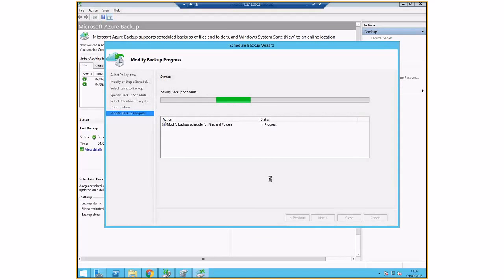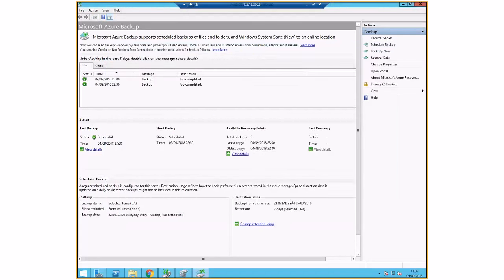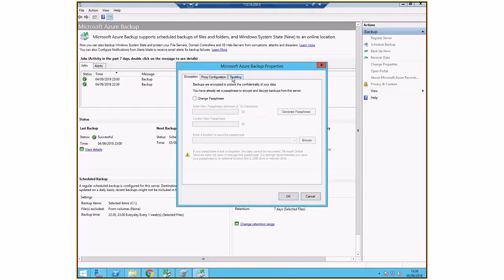I think I didn't tell you before, but the way this agent works is it does a local backup first. Then, when the local backup is done, it uploads the data to Azure. It's not an online backup. That's quicker, because the server is released once the backup is done locally, and then in the background the server keeps uploading to the system. That's pretty much it, guys. Very, very simple: download the agent, install the agent, do the registration, and then set up the backup. Not too complicated.